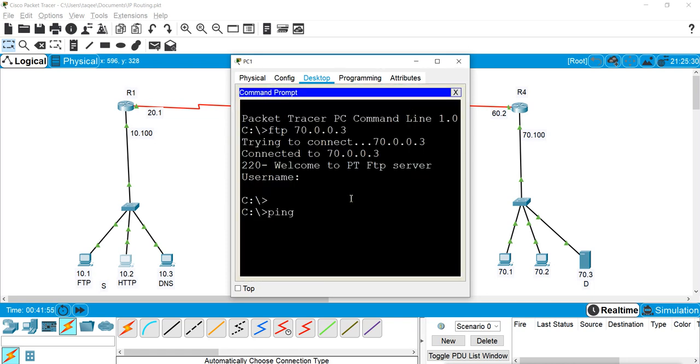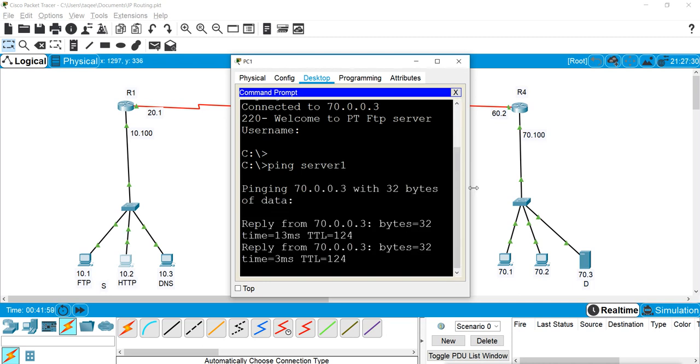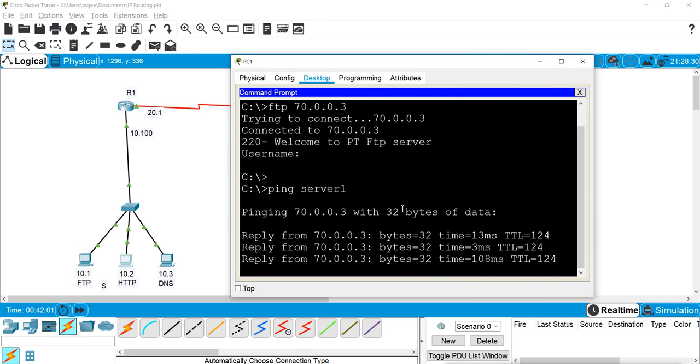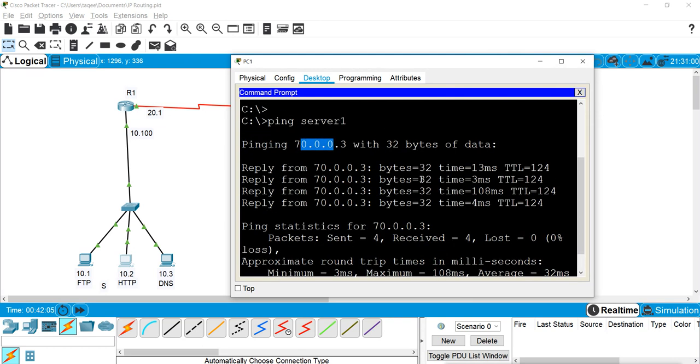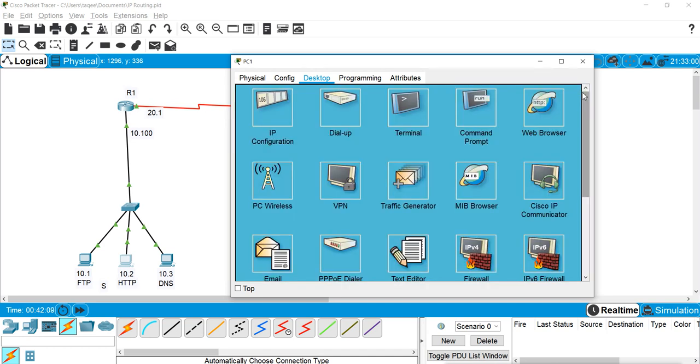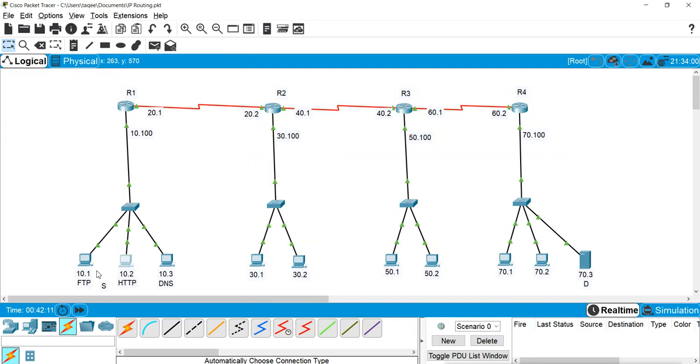Ping server 1. Now again it is working. You can see it is resolved. The IP is resolved here, and it is resolved by the DNS server. And now DNS is working for this machine also. Now I will check here.